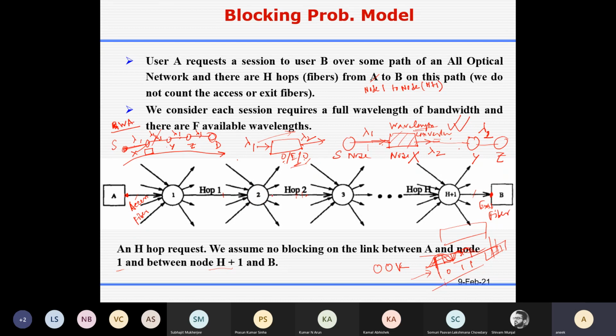So only then can blocking happen. But this situation can take place in any of these H hops. So this is true for all H hops.